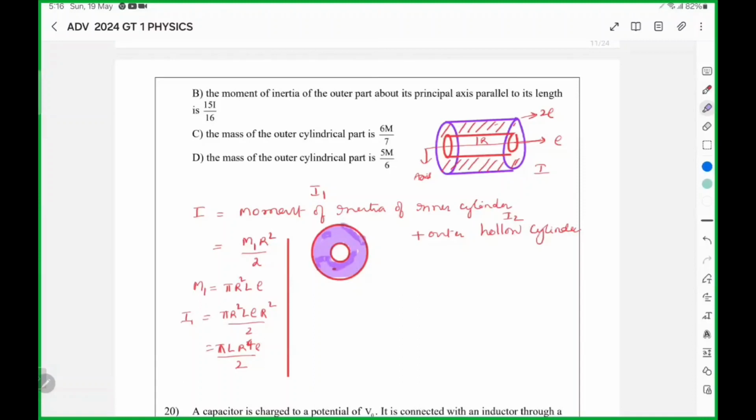To find the moment of inertia of a hollow disk,